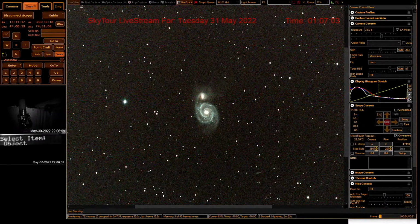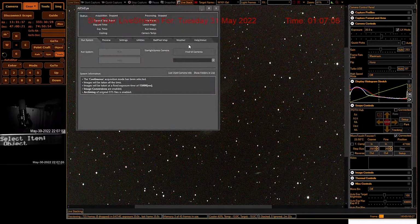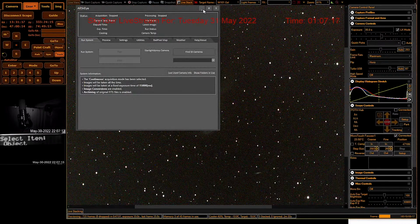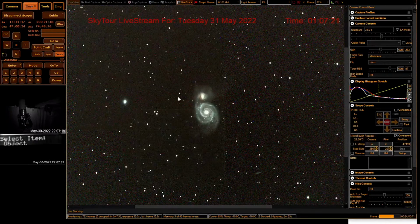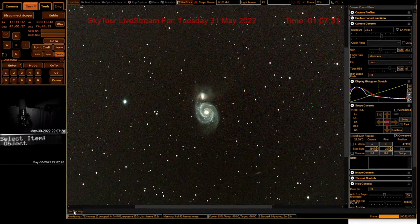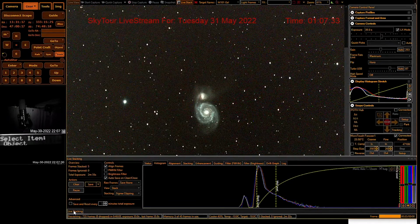I'm trying to get our AllSky cam back, but it looks like our AllSky cam has an issue. It can't find the camera. I don't know why. I don't know what's going on. But we have a bunch of frames so far that we've captured. And you learn over time that things happen, and it usually happens at all the wrong times. But one thing I can tell you is that